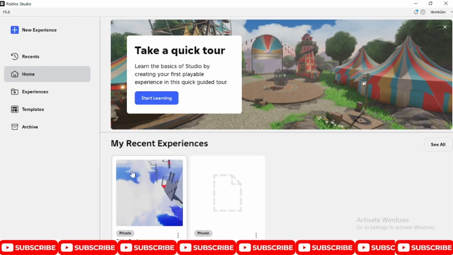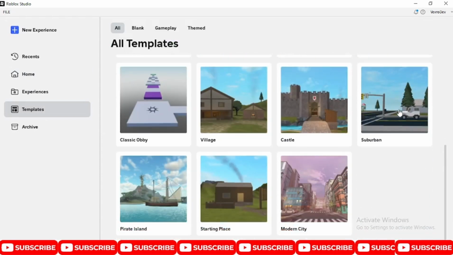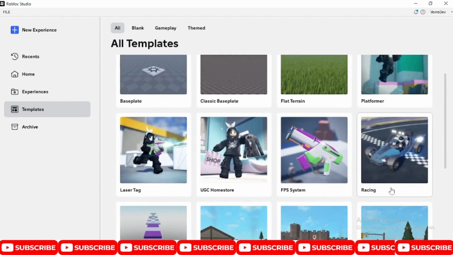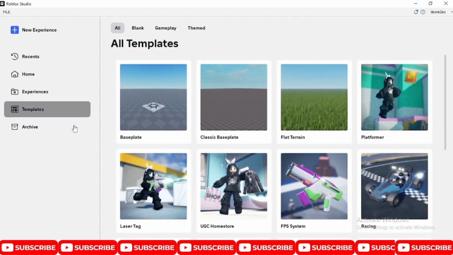So, your Roblox Studio should look something like that. There should be new experience, recent, home experience, templates. Actually, there are some templates that you can use, but I won't say use them, like Modern City, Starting Place, Pirate Island, Suburban, Castle Village, Classic Obby. So there is one Obby you can just upgrade. There is a racing car game, FPS system, UGC, home store, laser tag, platformer, a lot of stuff, but we